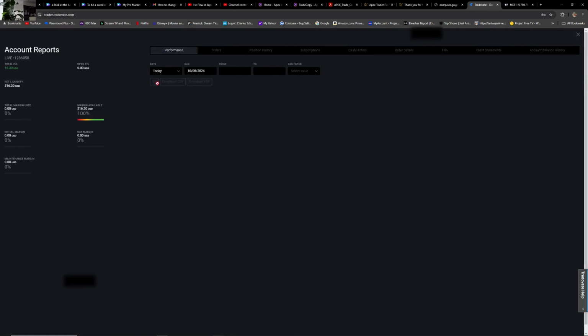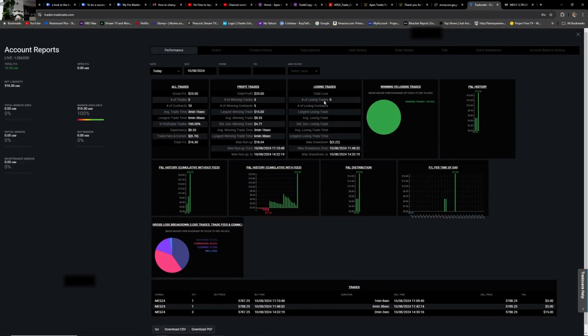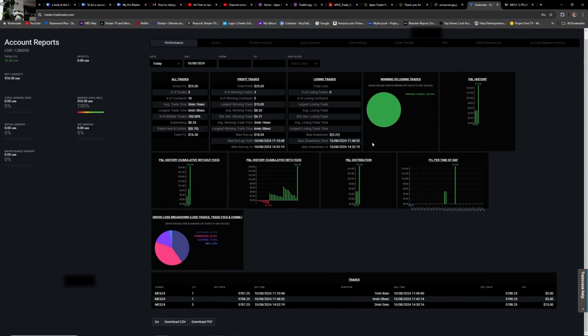Go ahead and click on go. And you guys can see we're at 100% for the day, and that's my goal. Our maximum drawdown has been $1.74 against us. Maximum drawdown has been $5.22. We've taken 3 trades. We've won all 3 trades,